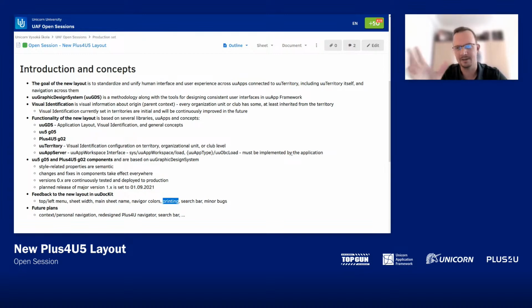We will make sure that the unnecessary parts of the layout will not be printed. Regarding the search bar, that is like a whole different topic. The only thing I can say is that we count with some search bars for the future, which will be used for searching either within the context of the unit or the territory or